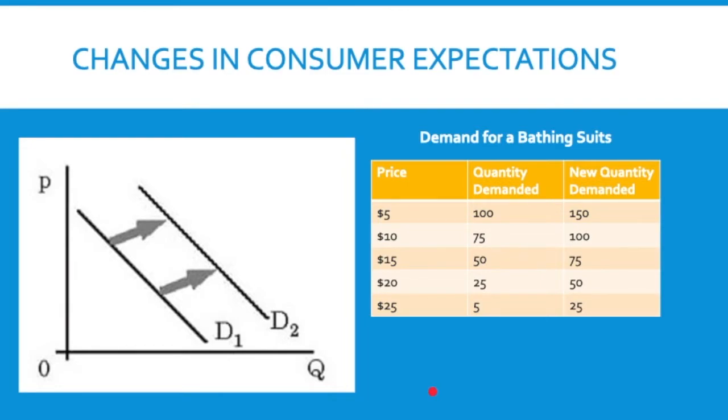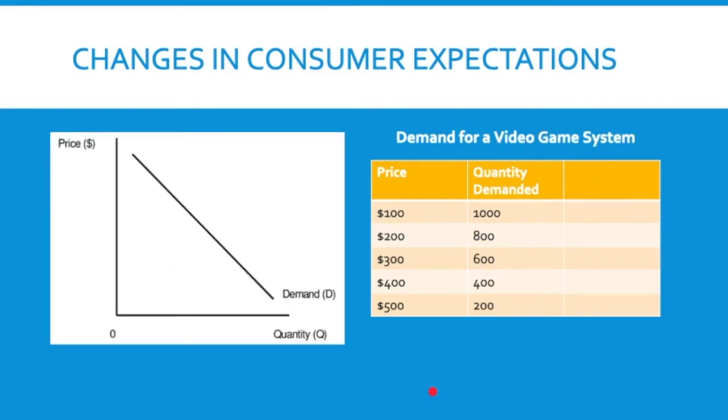People might change their mind about buying something in the future based on prices of things going down. So for example, a video game system. We have a new demand schedule for a video game system. At $100, 1,000 people might buy it. This could be a PlayStation, Xbox, Oculus, whatever the new thing is that people are buying. At $100, lots of people would buy it. And at $500, fewer people would buy it. Only the people that really want to play video games would buy it at $500.